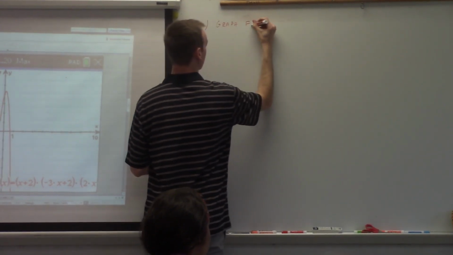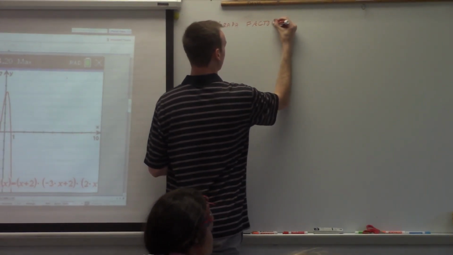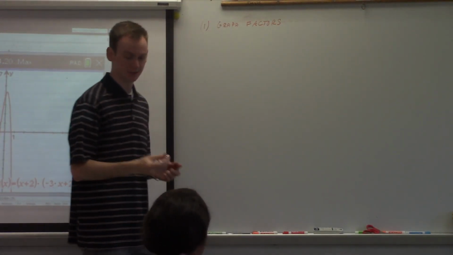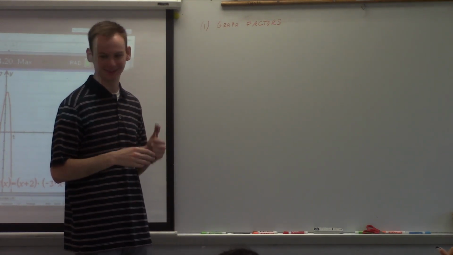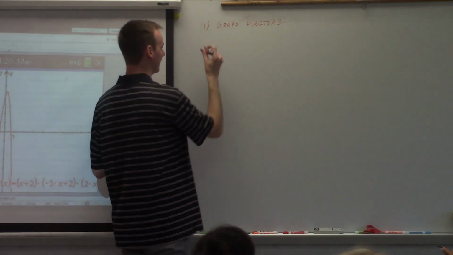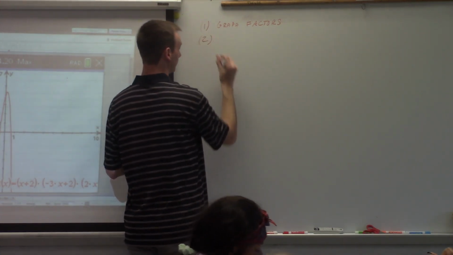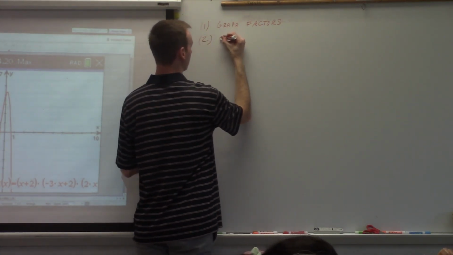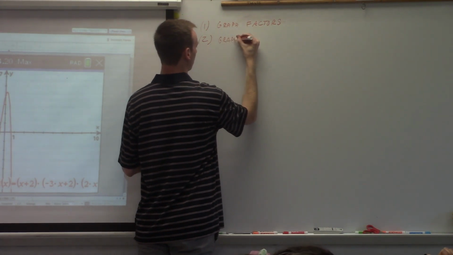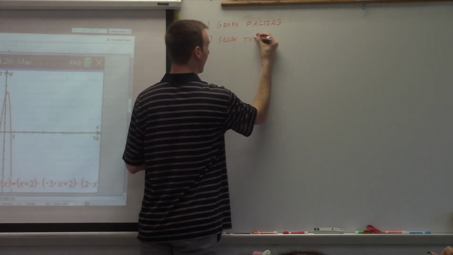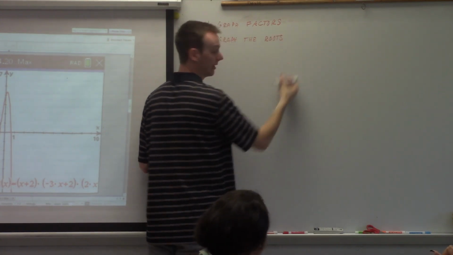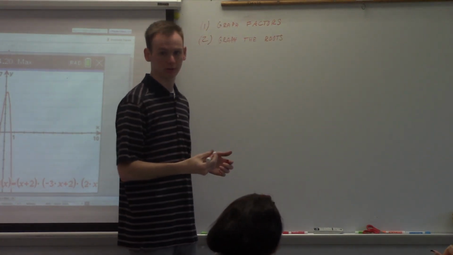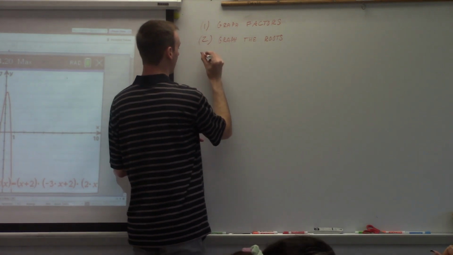Where do you want us to write? I would probably write it on the page you've been working on. If you're having trouble sketching, I would use this page to help you study. This is how you sketch. This is it. This is the thing to remember. So you graph the factors. And when you graph the factors, you'll already see what the roots are, but take note of where those roots are. And then once you have those roots,